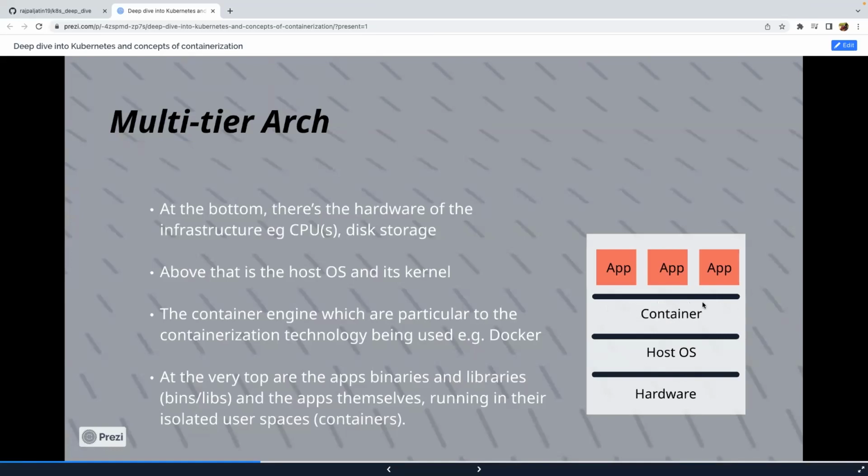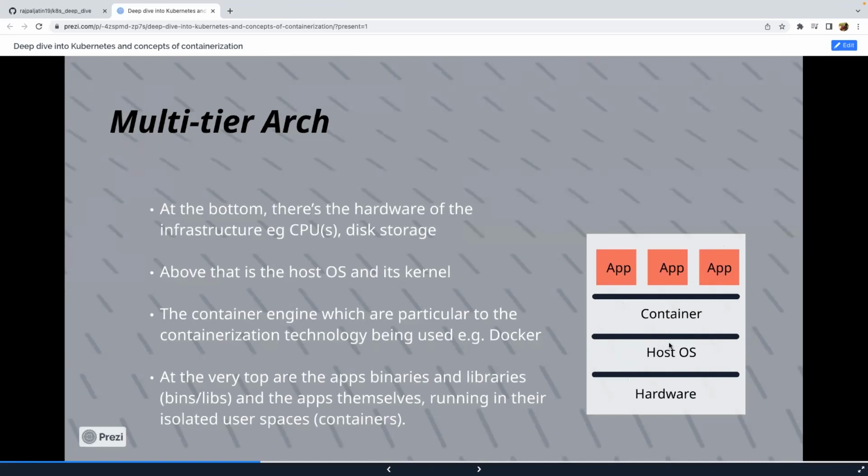What this container runtime enables you to do is deploy your applications on top of it. Your applications will run standalone, I mean in isolation, but at the end of the day, it is going to share everything from hardware till container OS.